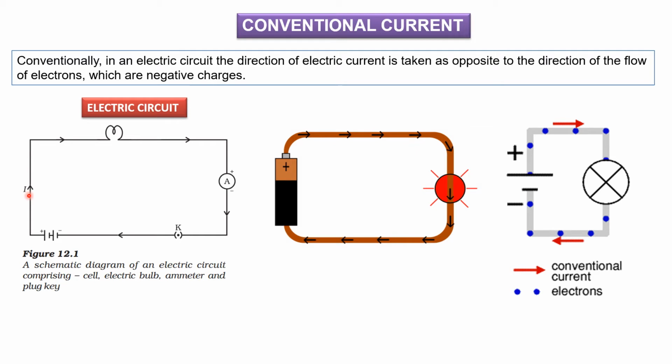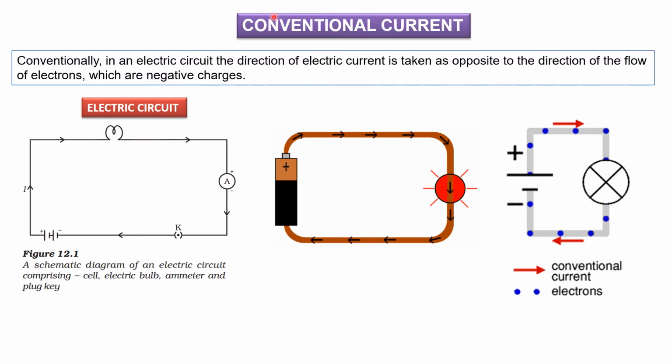What is this? I is nothing but current. I represents current. So you can see the arrow direction. Whenever the key is switched on, the current starts flowing. It comes here and this is the load. Here we can think the bulb is there and the bulb starts glowing. Again the electrons come here and this is an ammeter. Don't worry, we will learn about this later. So the current starts flowing and comes here, terminating at negative. So this is an electric circuit.